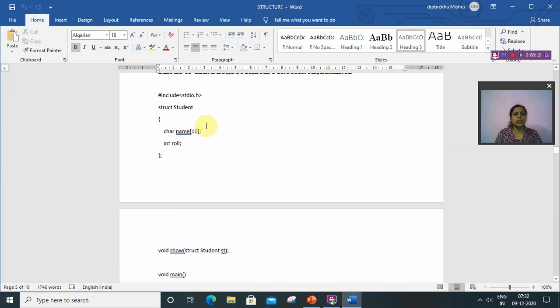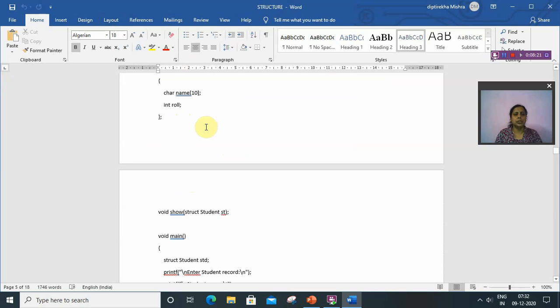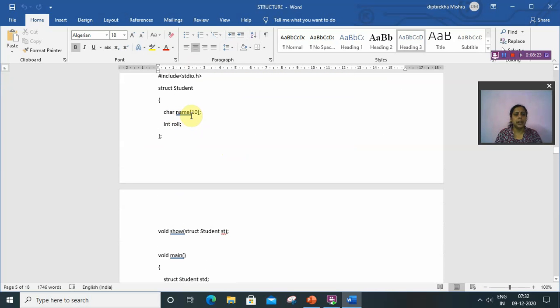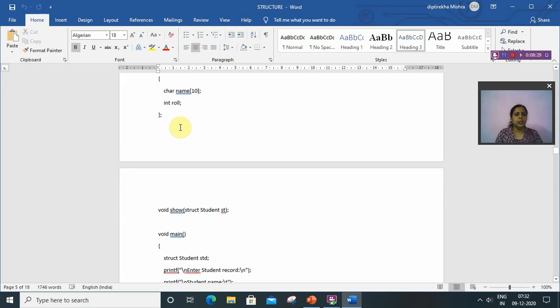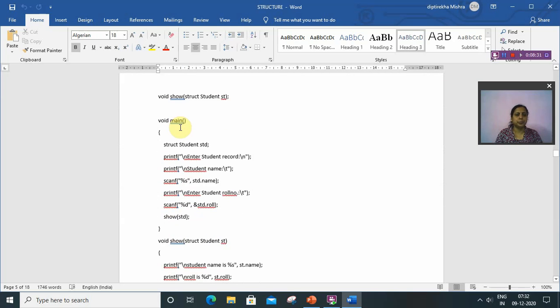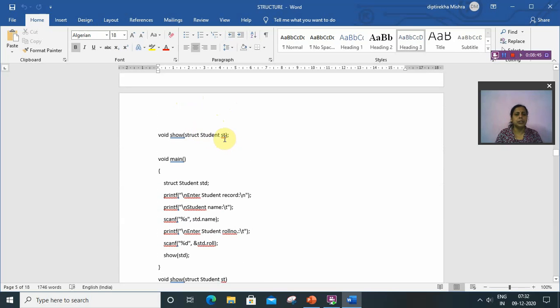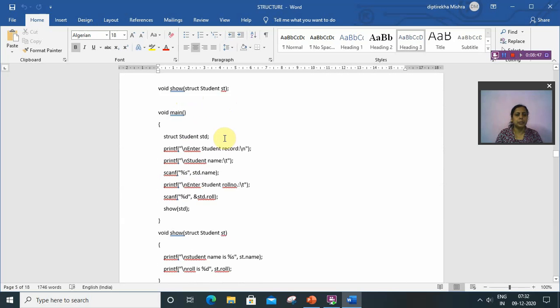Here struct student has the members char name[10] and int roll number, so student has 2 members, name and roll. Here is a function void show which accepts the variable struct student st, which means it takes a parameter of student structure type.